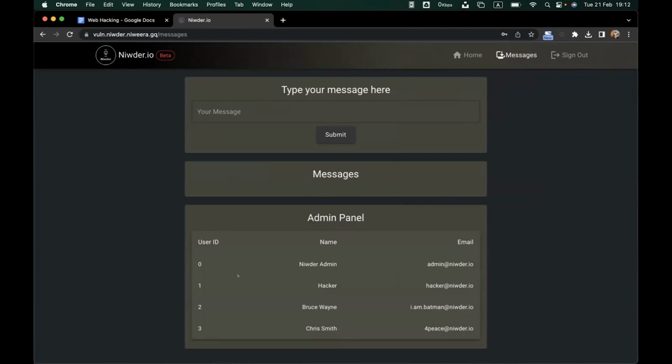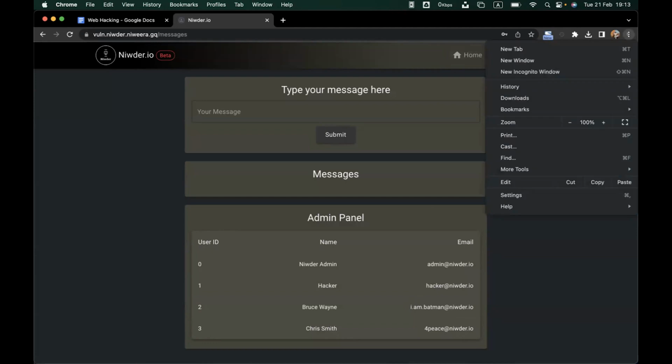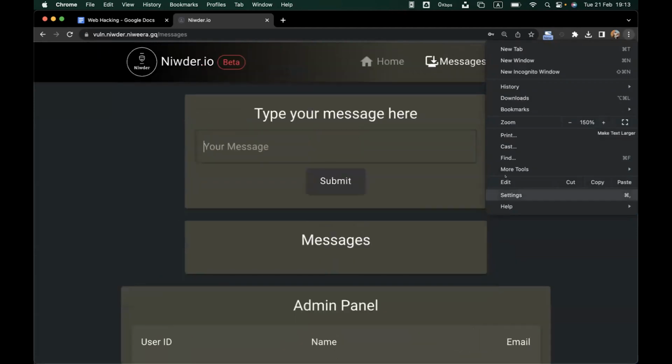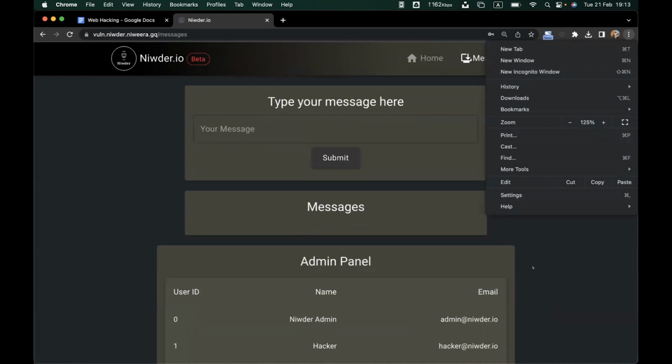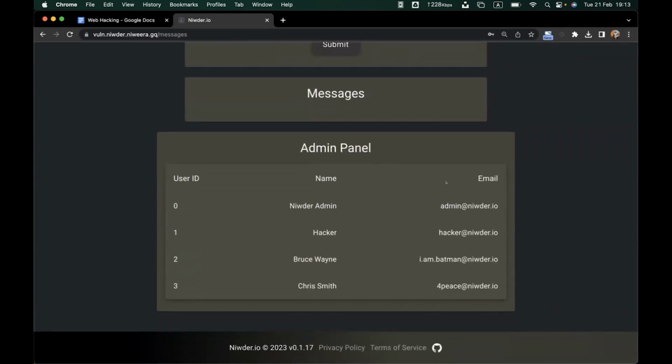The first one is the admin, and then there's a hacker. To recognize the person, I have named him hacker, because in reality you won't find users named hackers, because they are sneaky people. Of course you will find people who name themselves hackers, but they are not real hackers. And we find 2 other normal users. So if you didn't see it properly, we have 4 users: admin, hacker, and these 2 people.